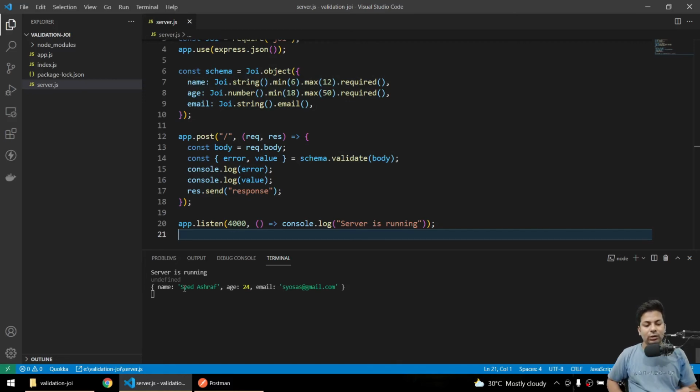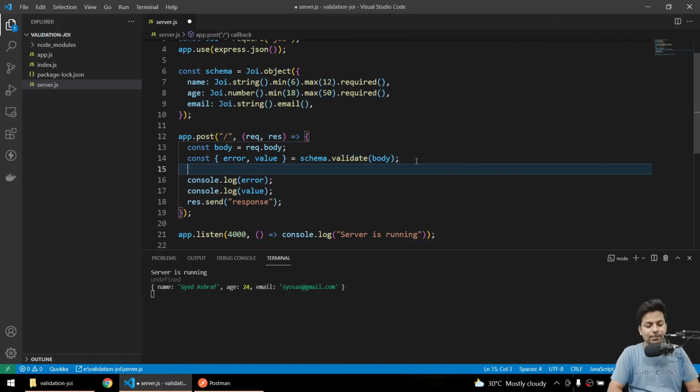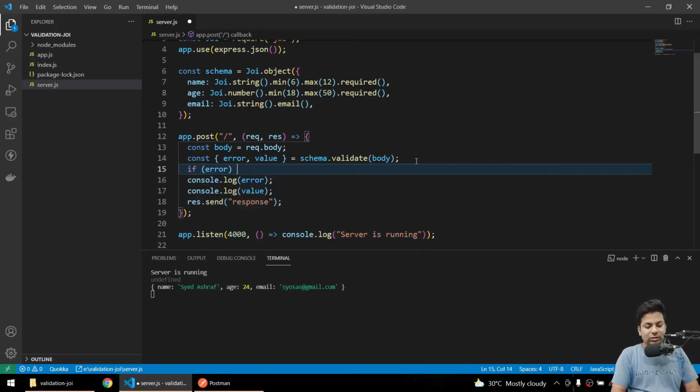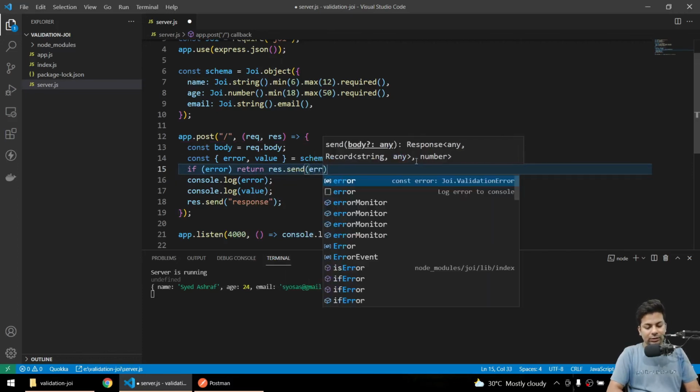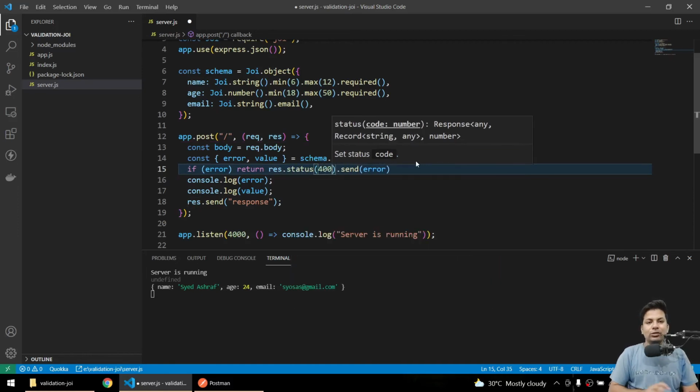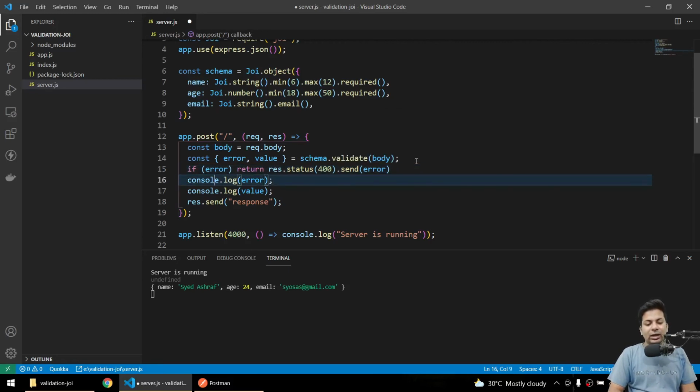So what we'll do, we'll put some modification. Here we'll say if error, just return res.send error. Okay guys, and we'll make a status 400. You can look for the exact number, but 400, as all client errors are 400.